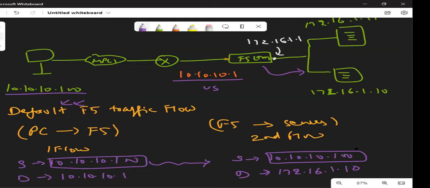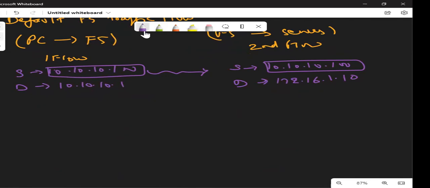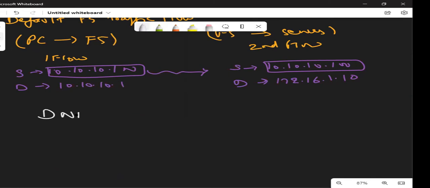Your source will not get changed, but your destination is getting changed. Such a scenario, where the source is not changing and the destination is changing, is known as D, or destination NAT.